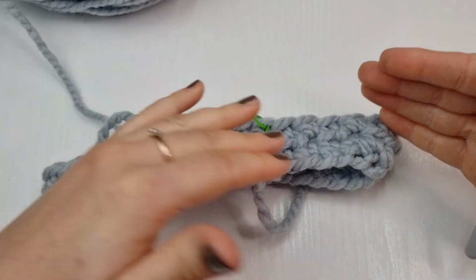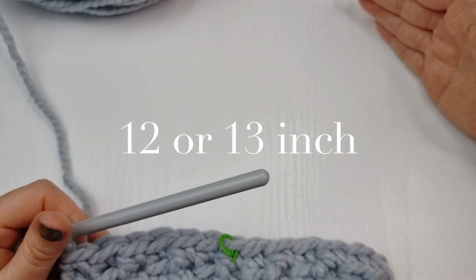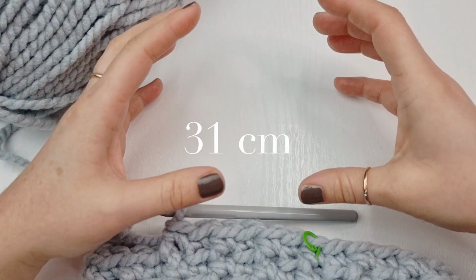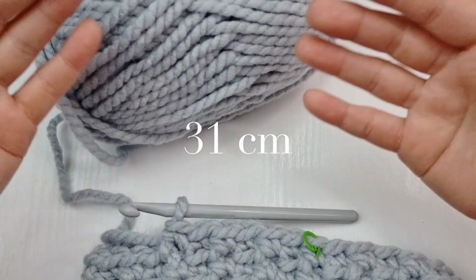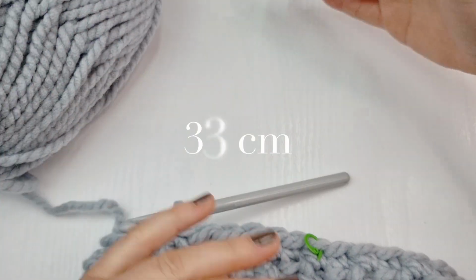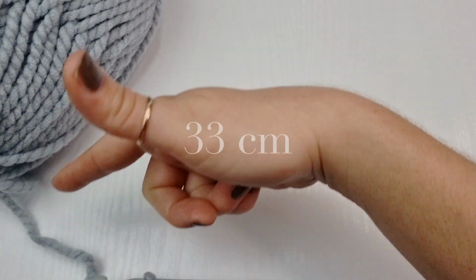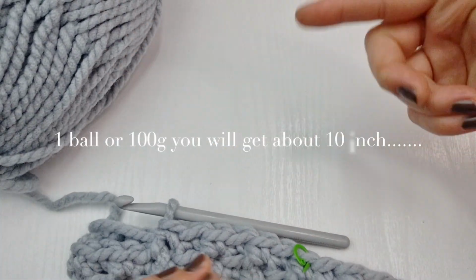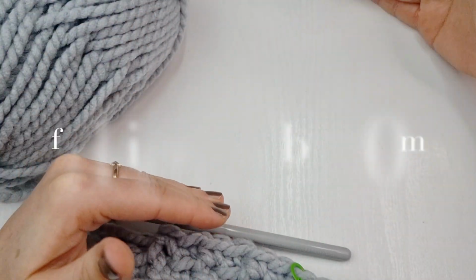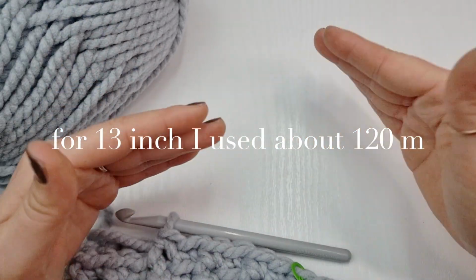as you need. I will work about 12 or 13 inches. If you want to make it more gathered on your neck, you will need, of course, more yarn, so maybe 2 balls, and it will be more gathered around your neck, so you will need to add more rounds. So I will do about 12 or 13 inches, and once I'm done with my length, then I show you